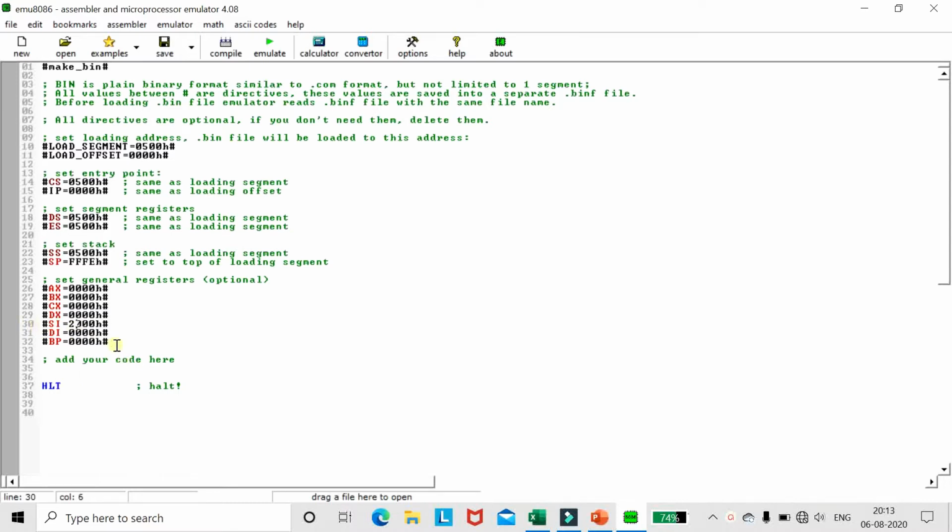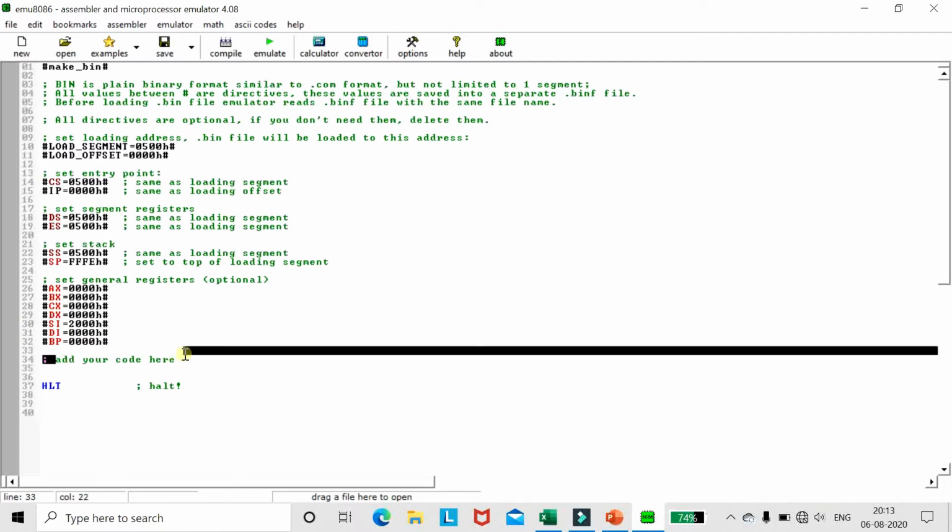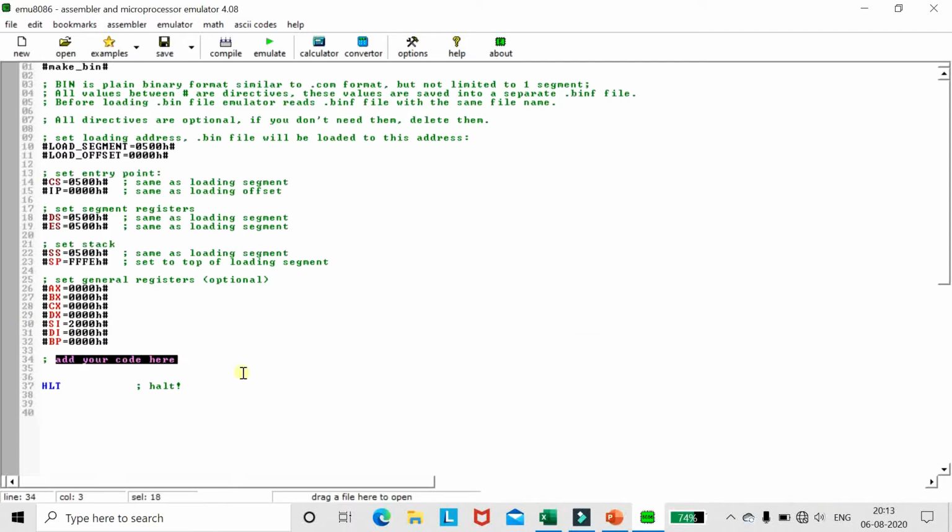Now here we can write a title to our code. Any comment you want to put, you can put after a semicolon. So here I am giving the comment: addition of 2 16-bit numbers using immediate addressing mode.